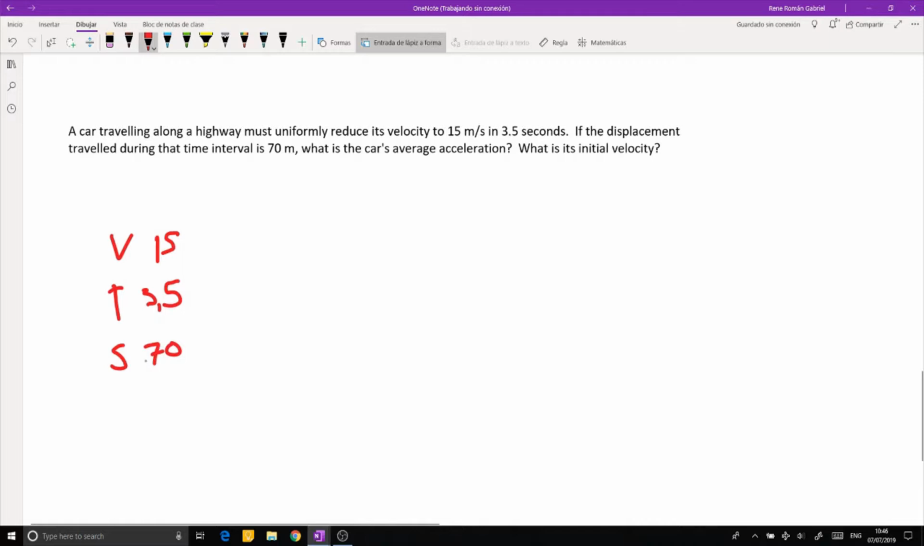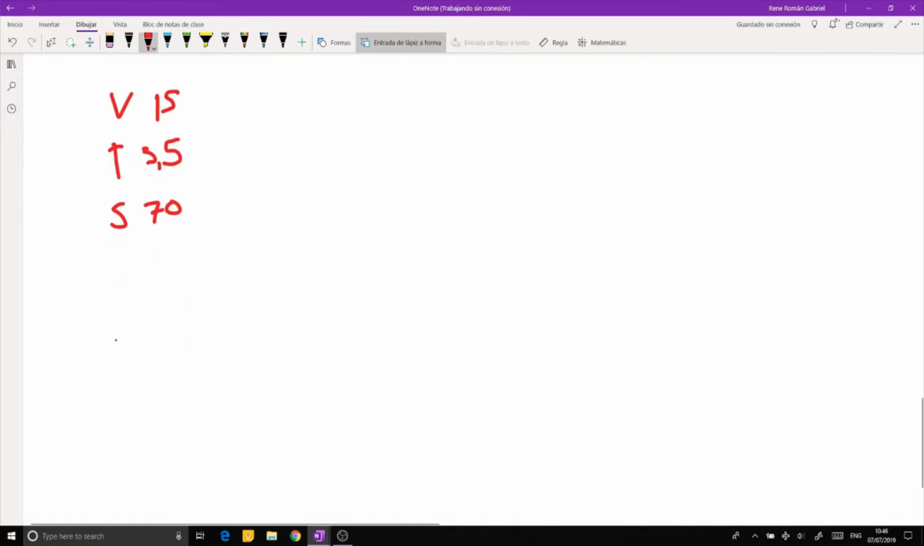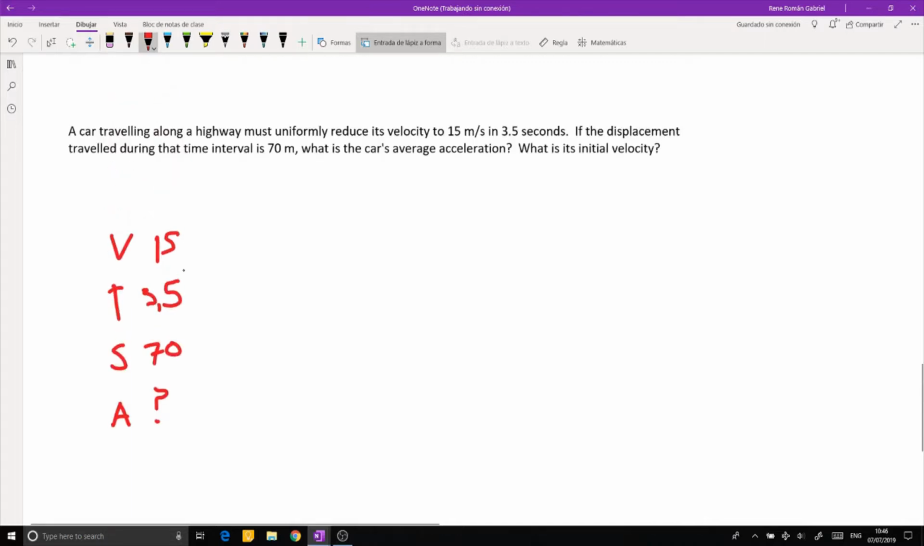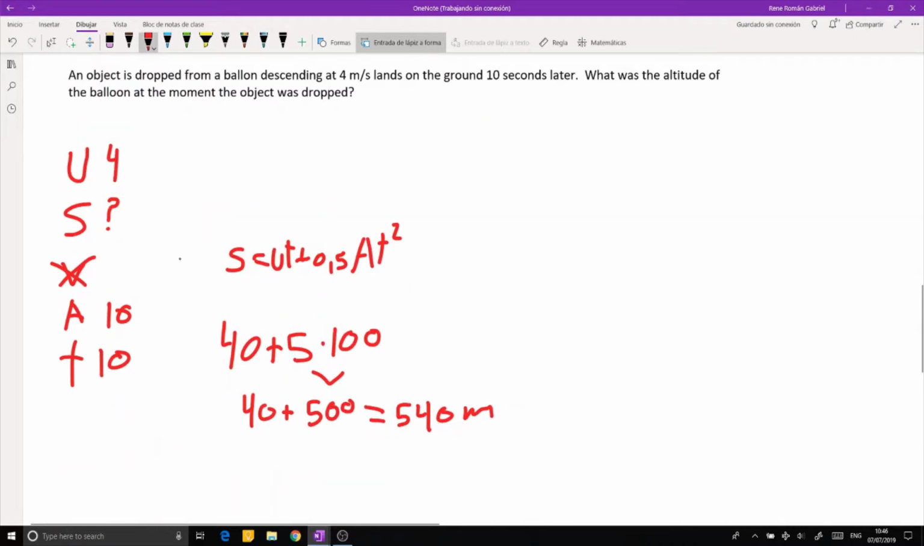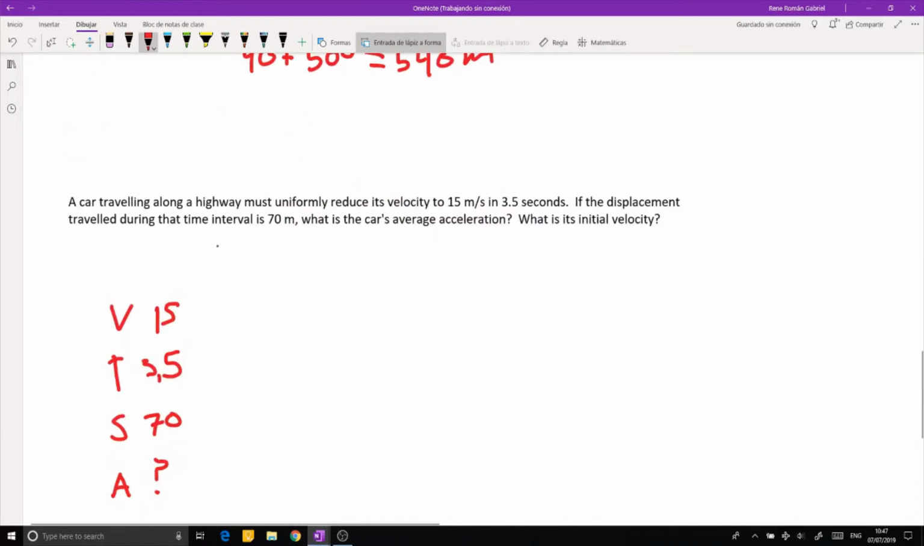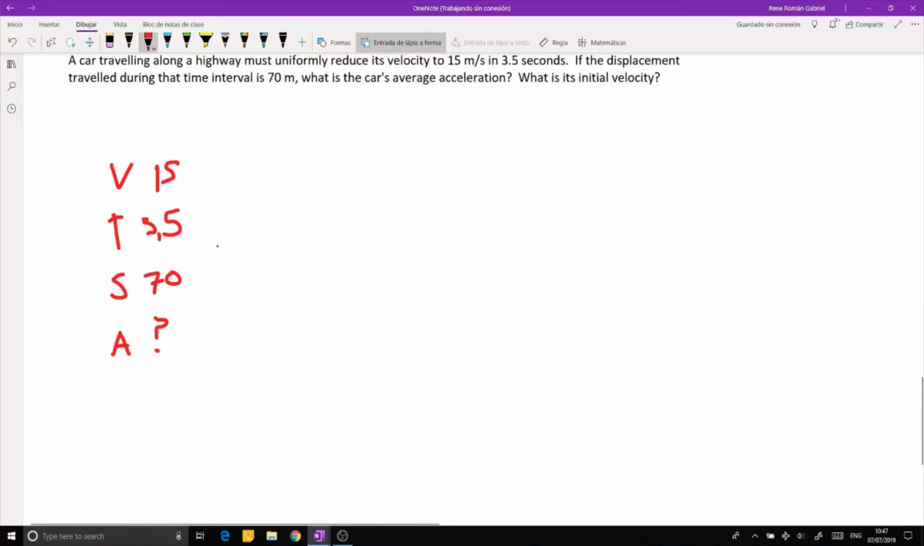What is the car's average acceleration? What is its initial velocity? So first they ask us for acceleration. So A. Well, we're trying to solve for A. So the formula I would use is really similar to the one here, but it's just a little bit different. It also starts with an S